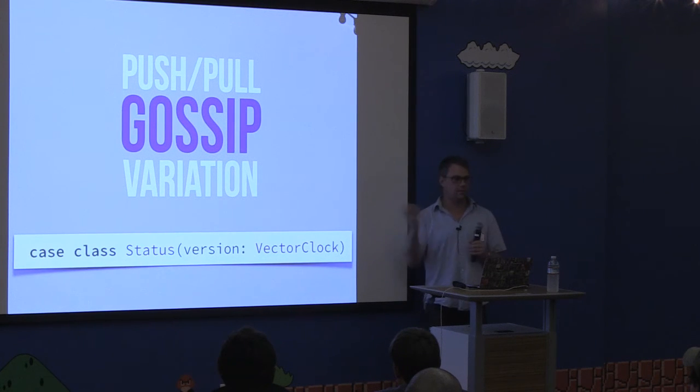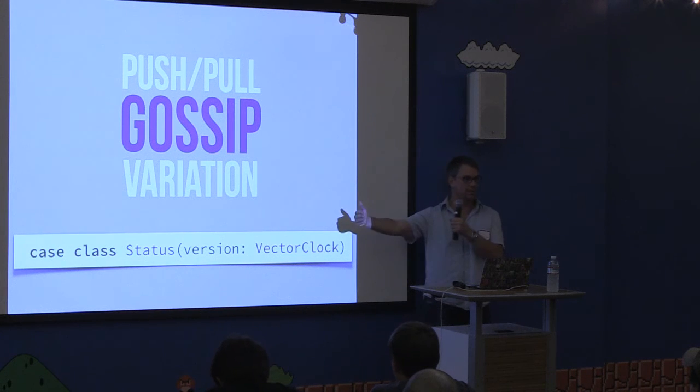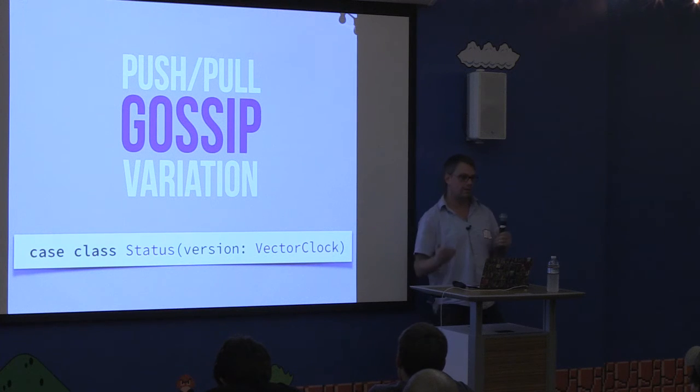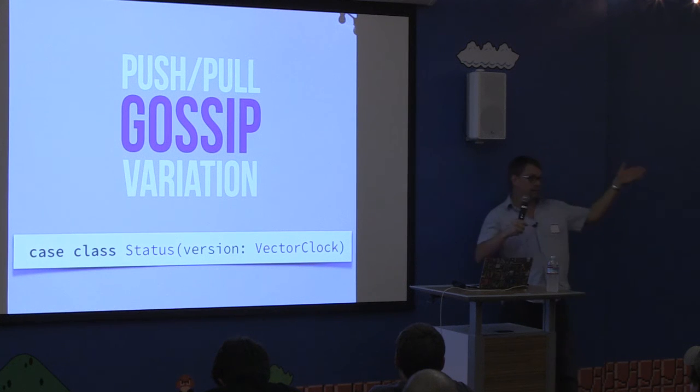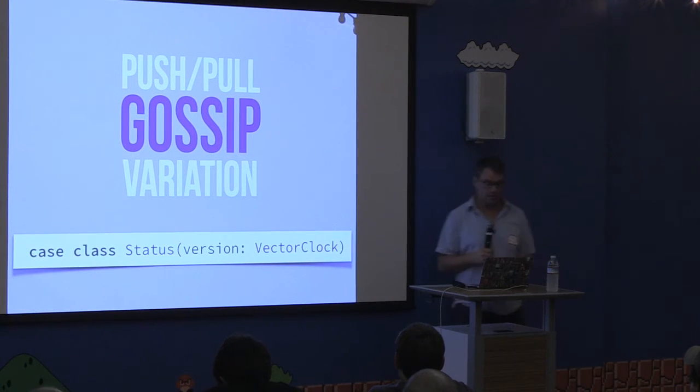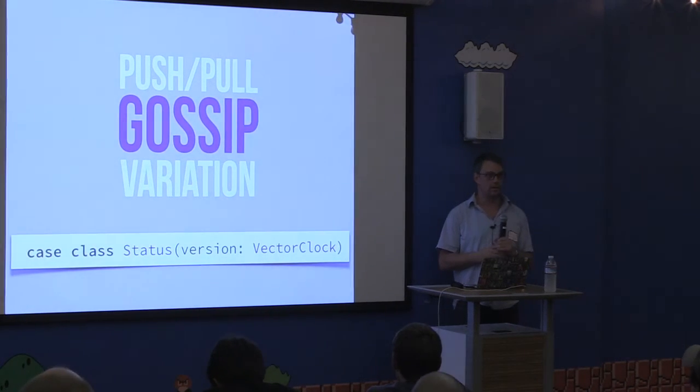But as soon as one of the nodes detects that the failure detector has marked a node unreachable, so the unreachable list is not empty any longer, or the seen table is not complete, so to speak, then it goes back to regular gossiping again until we reach convergence.